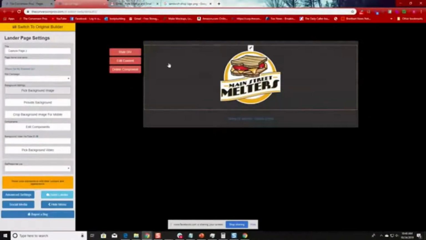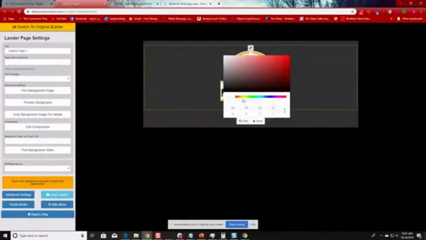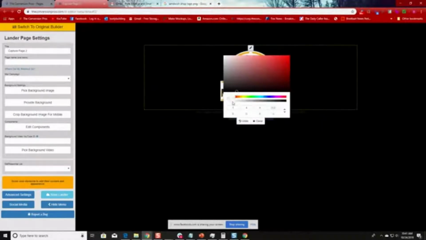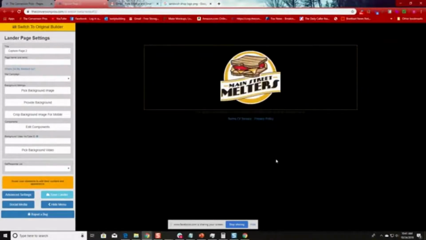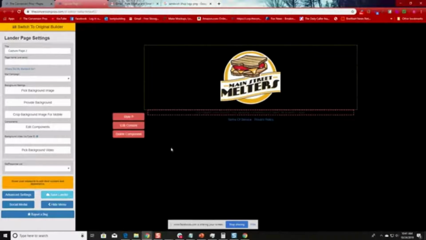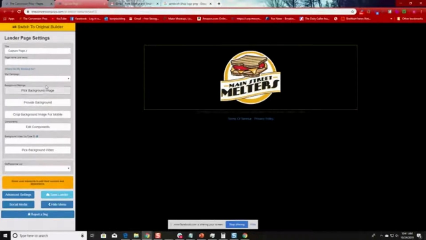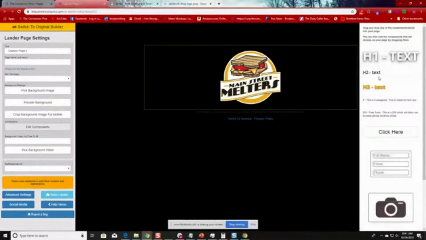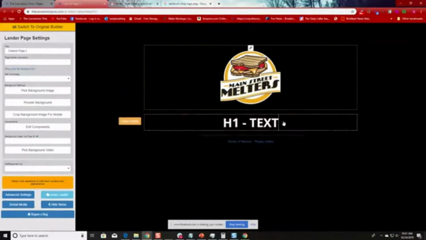Looks pretty good. Now you see the box looks real gray, so I usually tell you guys to crank the opacity up. I'm going to tell you to turn it all the way down. Okay, so now check this out. Now watch this. The only problem is you can't see we're dragging on black, but